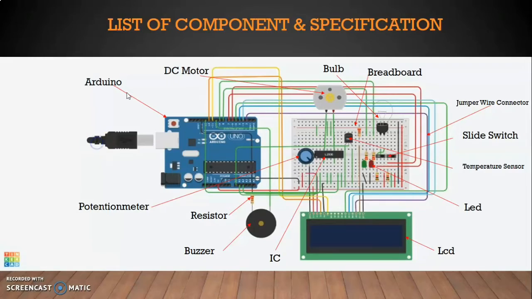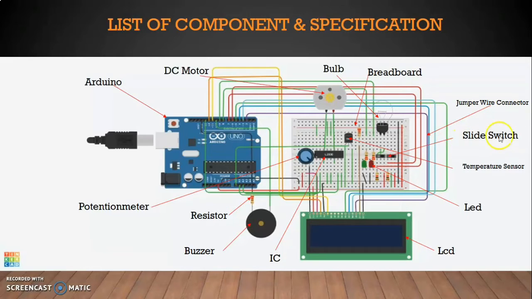EB19169 from section ED30. I would like to explain about the list of components and specifications in this circuit that we have set up for the cooler system simulation. There are 13 components that we have used in this circuit. First of all, one Arduino Uno R3, a DC motor, one light bulb, one breadboard, a lot of jumper wire